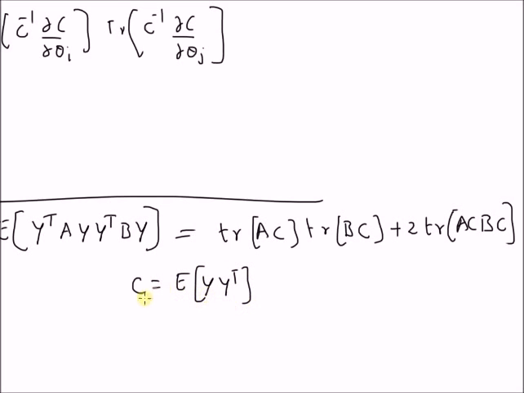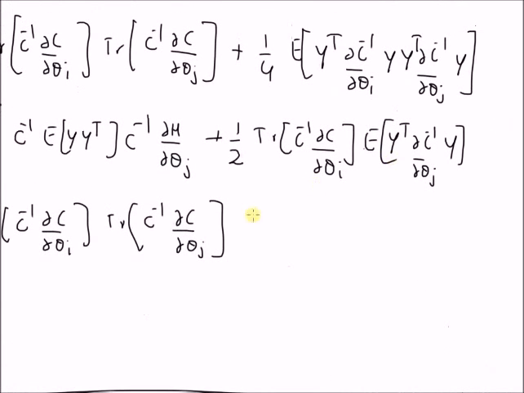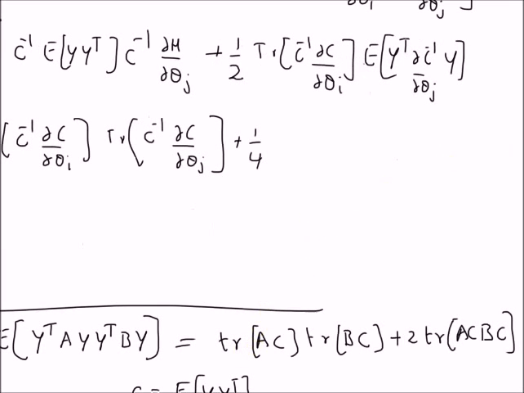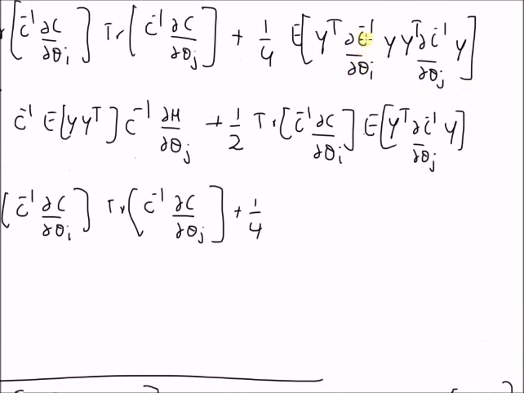And in our problem, it is clearly the case. That is, C, the covariance matrix, is the expectation of the product y times y transpose. So the second term becomes plus 1 by 4. The matrix A is clearly equal to the inverse of the covariance matrix, the derivative of the inverse of the